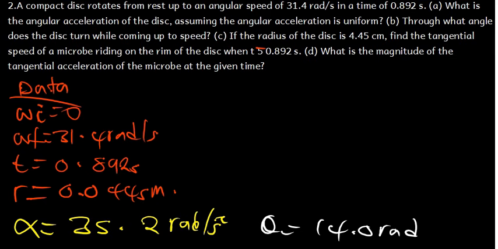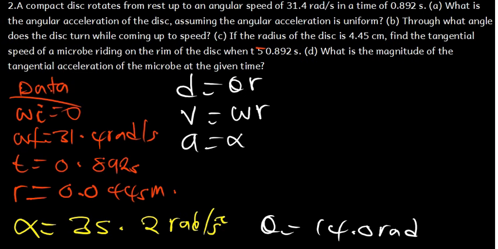Remember the relationships, the formulas which we just came up with. We said the linear displacement is given by theta times r. The velocity is angular velocity times r. The acceleration is angular acceleration times r. The question here is,